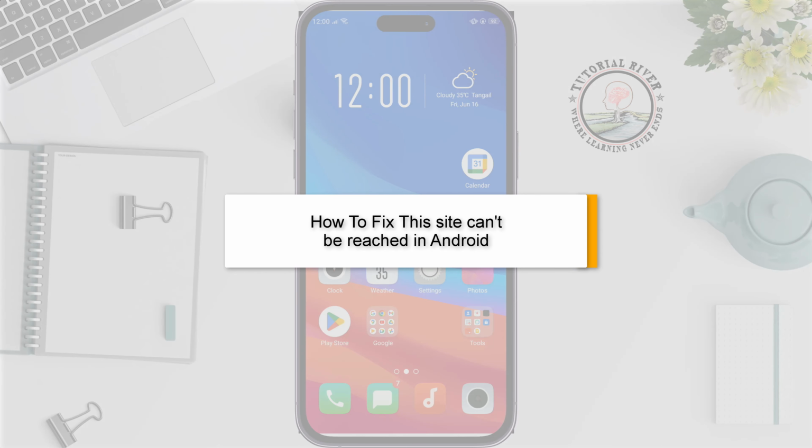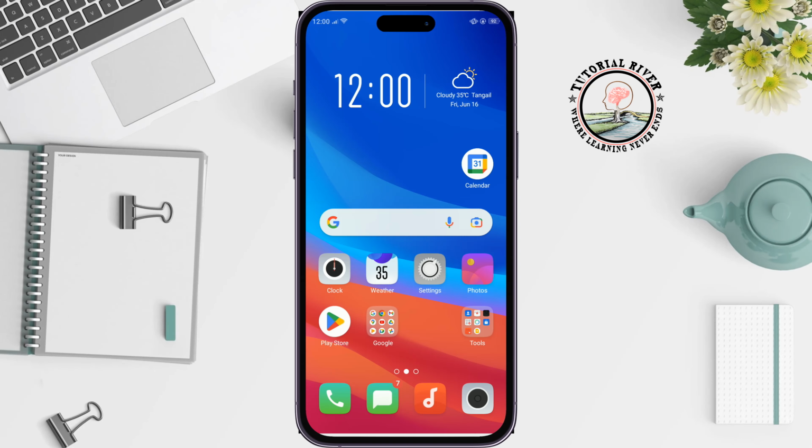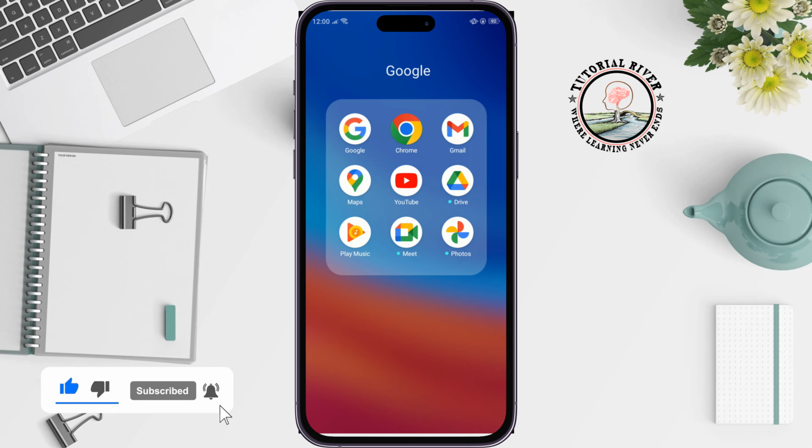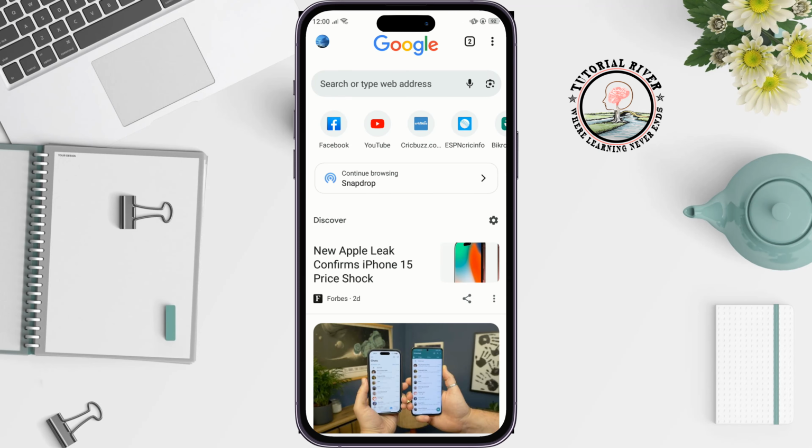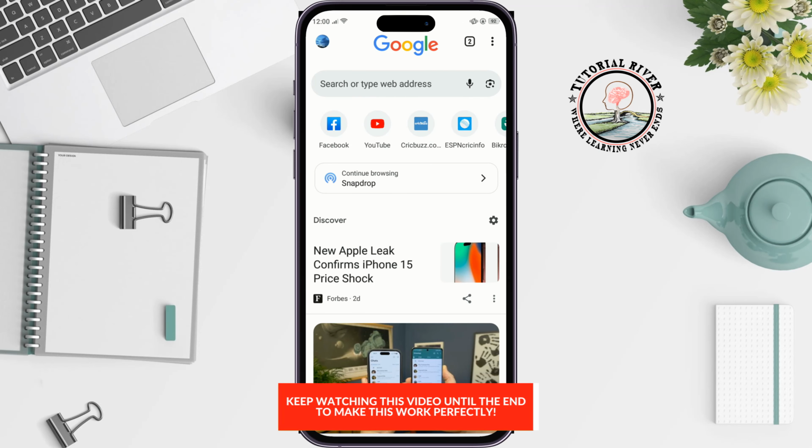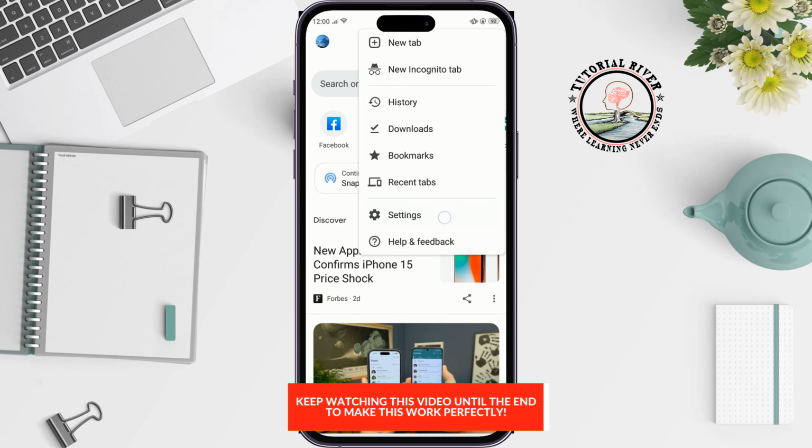This tutorial review will show you how to fix this site can't be reached problem in Android. So the first solution is clear browsing history. To do that, open your browser, tap on this three dot at the top right, tap on settings,